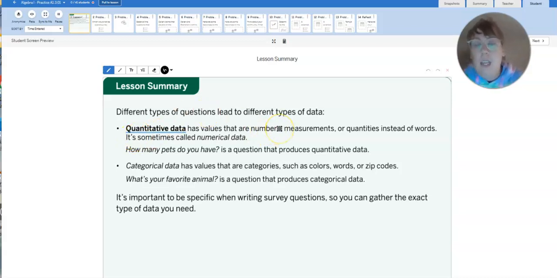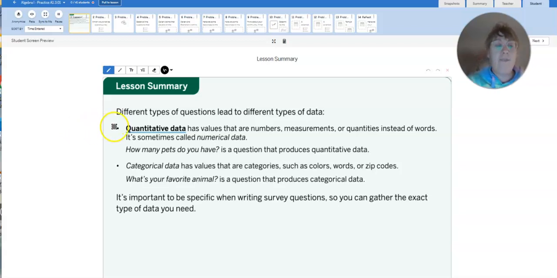Hello everyone, we're going to look at our 3.1 lesson practice. So the different types of questions that we can ask and survey people are going to have